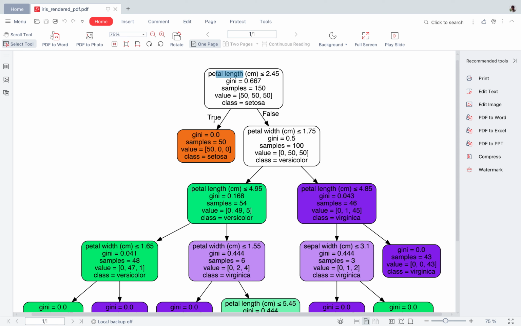In the previous video also, we have seen with the first condition itself, one class is already classified. So setosa is done here. Now our goal is to classify between the other two, versicolor and virginica, right? There the Gini is gradually reducing. Here it is 0.667, here it is 0.5, and as you come down it is 0.167, 0.043.